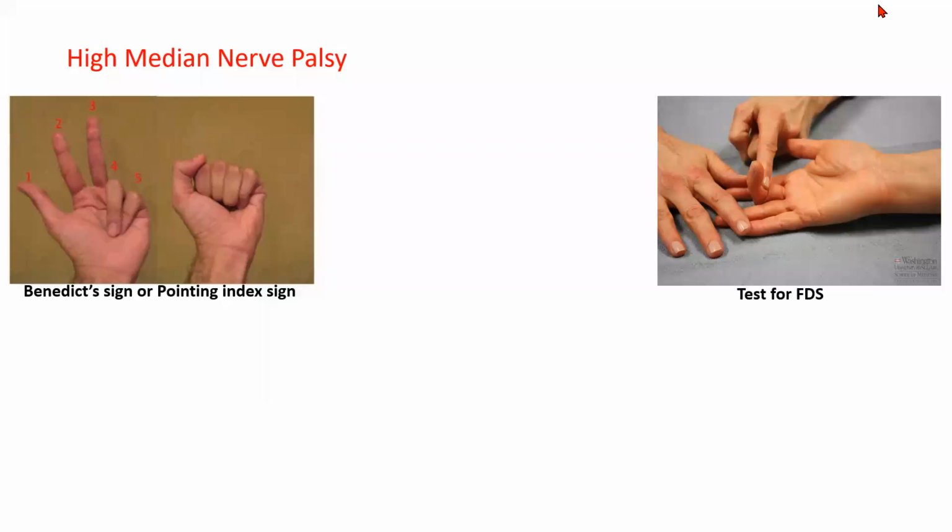Then comes checking it individually. FDS and FDP. For FDS, which finger are you testing? Most commonly, we check the middle finger. You should actually arrest all other fingers in extension, because there are some cross connections between these tendons, and therefore you isolate the middle finger and stabilize it, and then check for it. The proximal interphalangeal joint, not the MCP. Check the proximal interphalangeal joint.